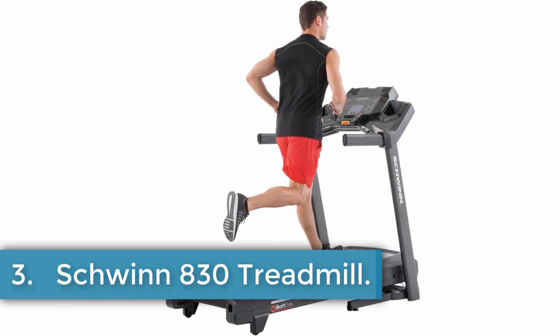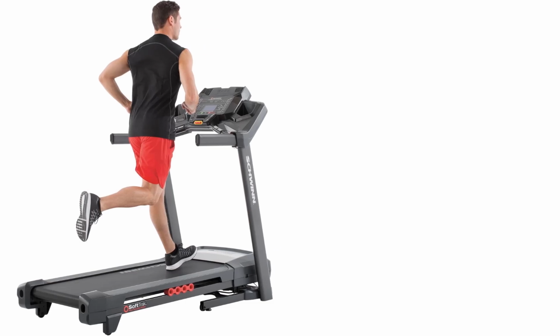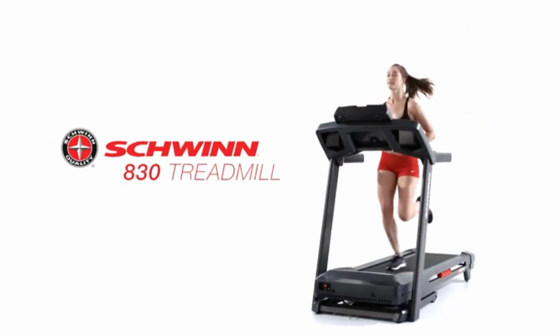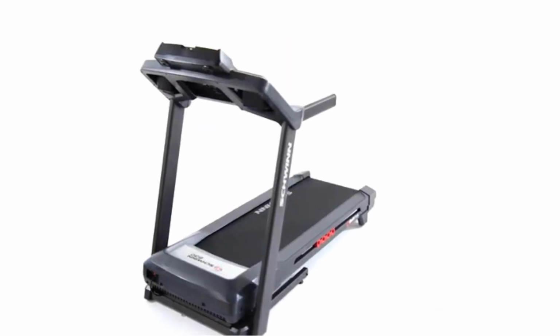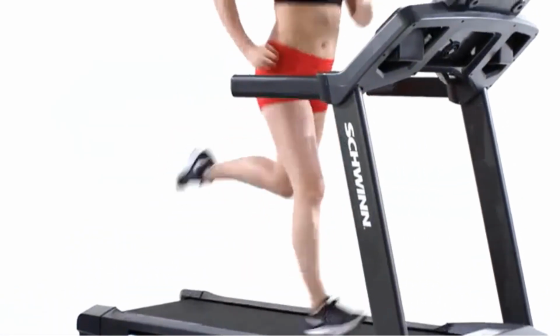Number 3. Schwinn 830 Treadmill. The Schwinn treadmill is designed for adult users seeking a versatile and portable exercise solution. With a maximum speed of 12 miles per hour and a powerful 2.75 horsepower motor, it supports a variety of workout intensities. Its notable features include a 12% motorized incline, a spacious 20-inch wide by 55-inch long running path, and